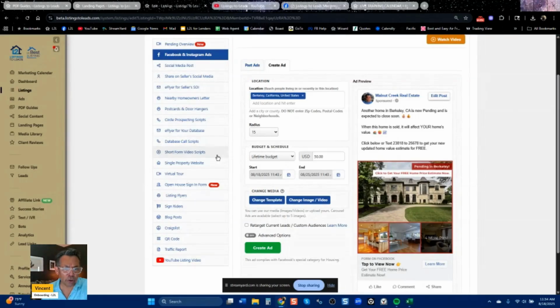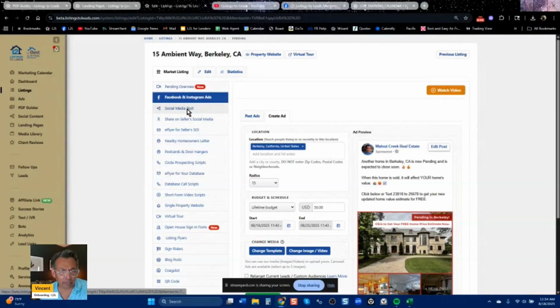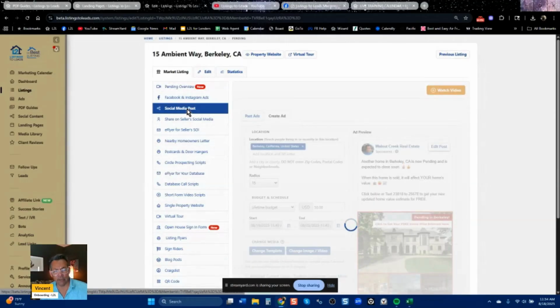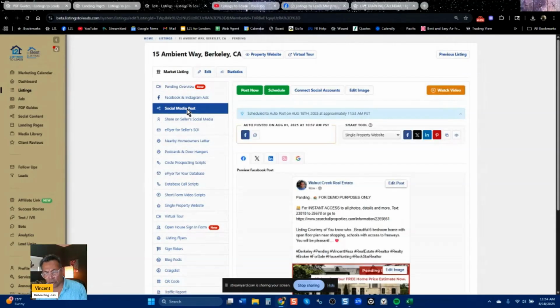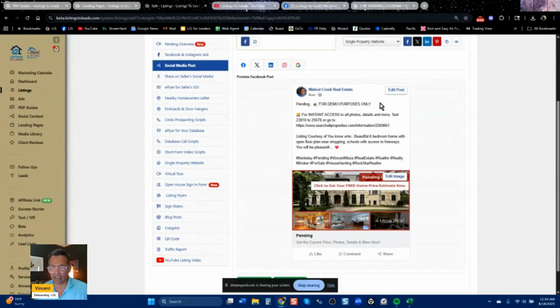While we're here looking at our listing marketing, we talked about Facebook ads, but let's just go through here a little bit. We're on the setup wizard. We already set it up to where we're going to auto post it to your social medias already, right? It looks like an ad, right? Looks very similar. You can click on it and we can capture leads, right? If they're early stage posts, we're going to capture buyer leads. If they're later stage posts, we're going to capture seller leads. But like I said, you may not have a big following on social media, so this might not capture any